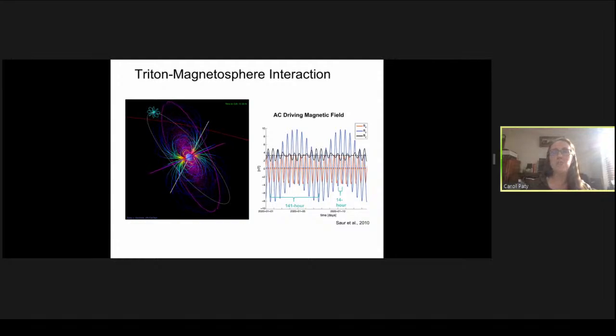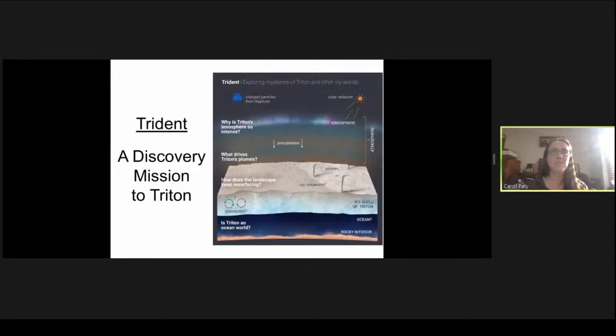So I'll leave you with this in mind. Trident is a discovery mission to Triton, and a discovery mission just means it's a small, inexpensive mission compared to these large flagship missions that take decades to plan and billions of dollars to fly. Trident is a less than $1 billion mission. It's about a $500 million mission to fly to the deepest part of our solar system, the furthest distance planet, see this large moon, which is actually a captured Kuiper Belt object, and answer these four fundamental questions,